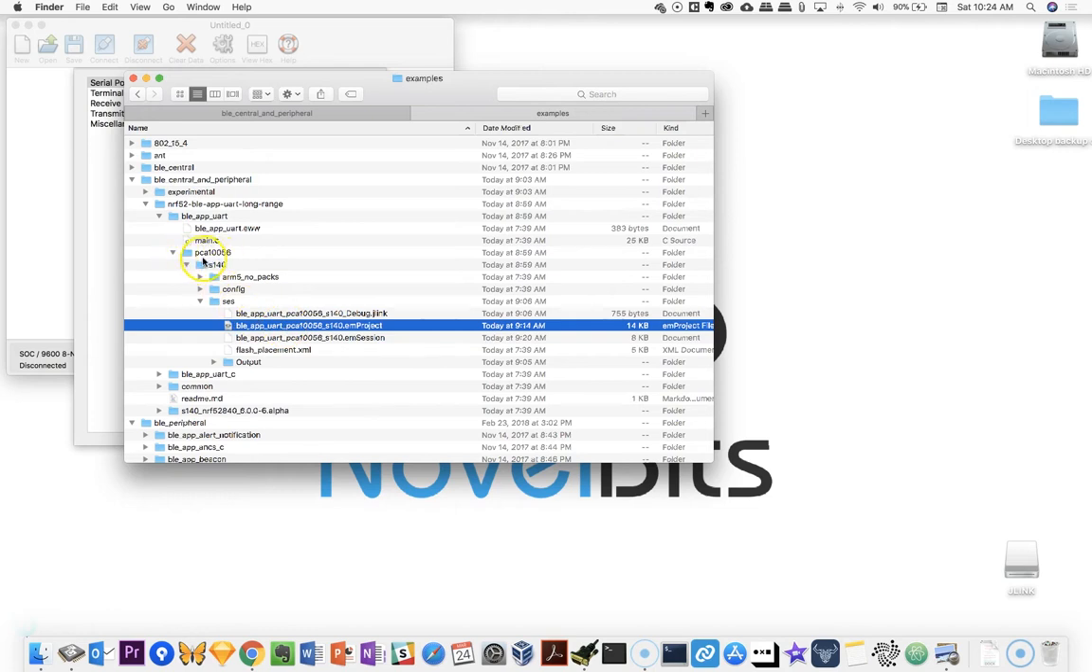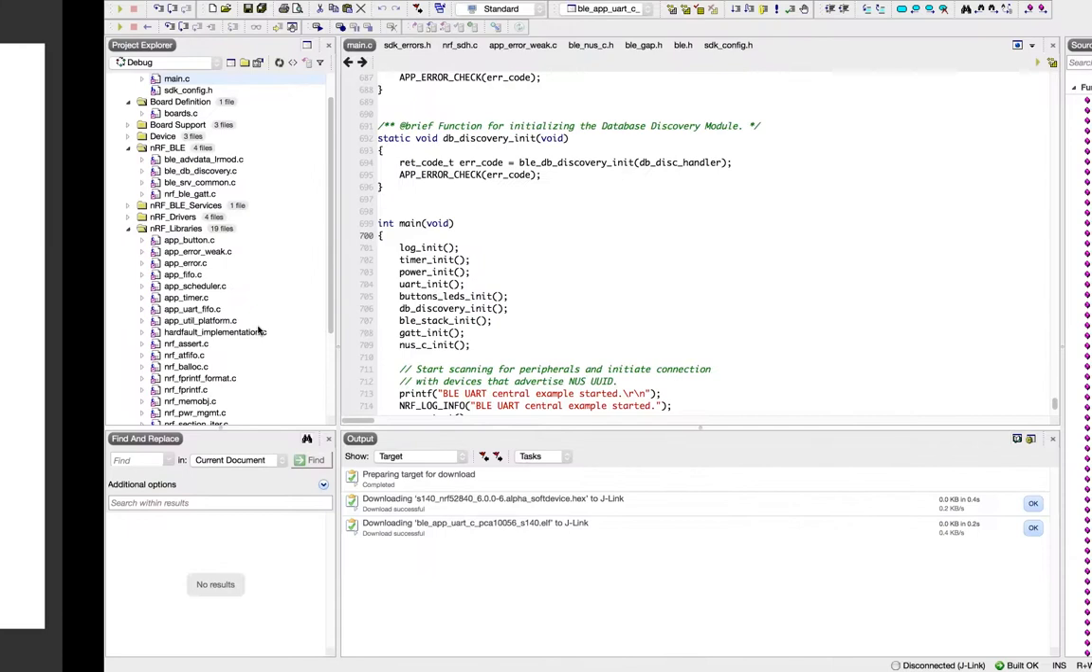If you navigate down to PCA10056 S140, the SES project, make sure in this case that you are running on the nRF52840. Otherwise, this is not going to work, because this is specifically using the coded PHY, which is available only on the nRF52840. So once we open that in Segger Embedded Studio,